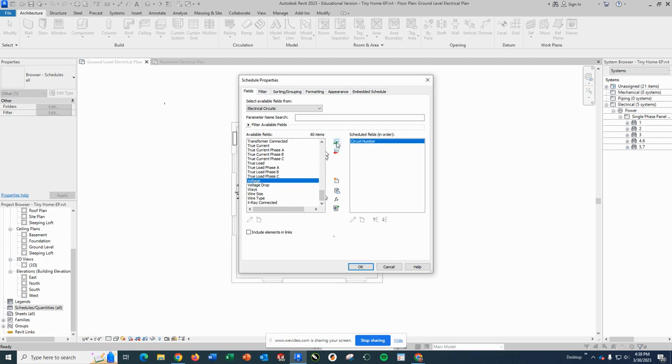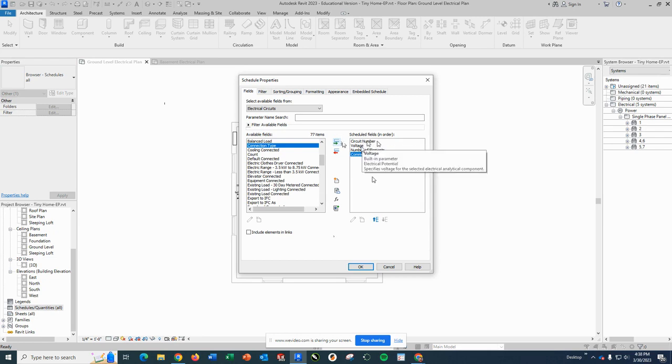Voltage. We want the number of things connected, number of elements, and then there should be a comments one. So these are the four: circuit number, voltage, number of elements, comments. And then when you click OK,